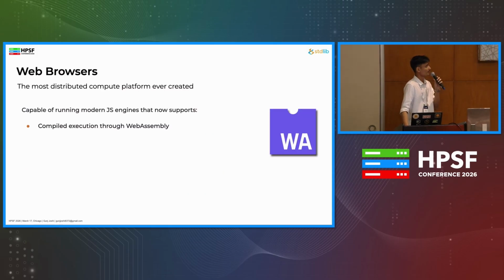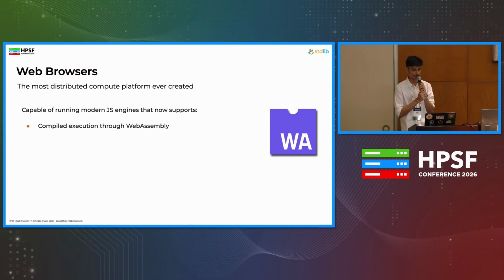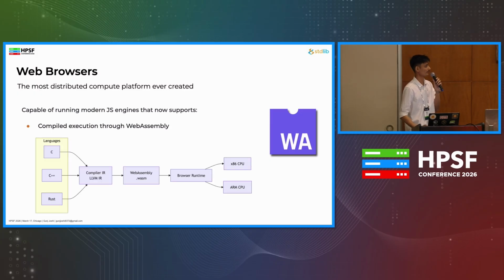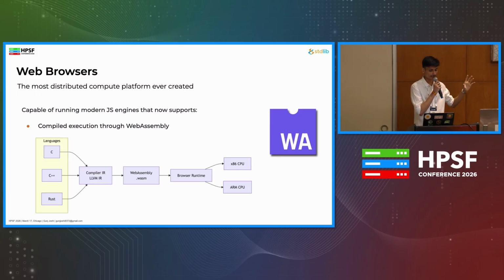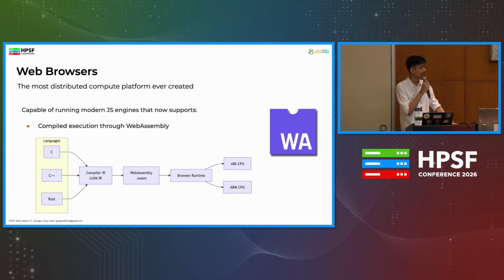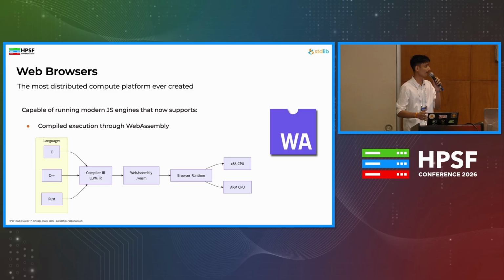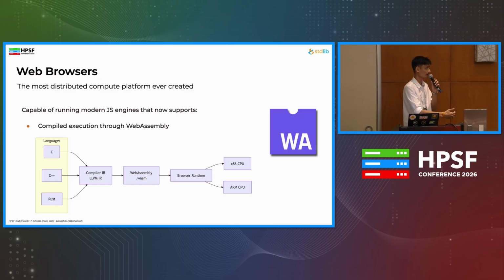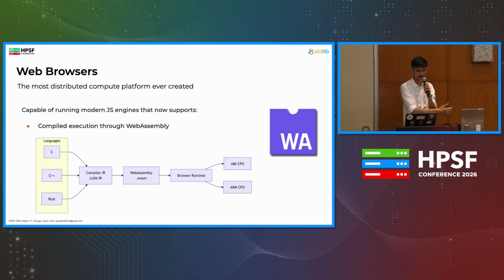Now let us see a few features of web browsers through which all this is possible. One of these is WebAssembly. To give some context about WebAssembly: suppose you have your code in languages such as C or C++ or Rust. That code can be compiled into an intermediate representation, using something such as LLVM or any other compiler. Once that code is compiled to an intermediate representation, it is converted into a compact binary, which is a WebAssembly